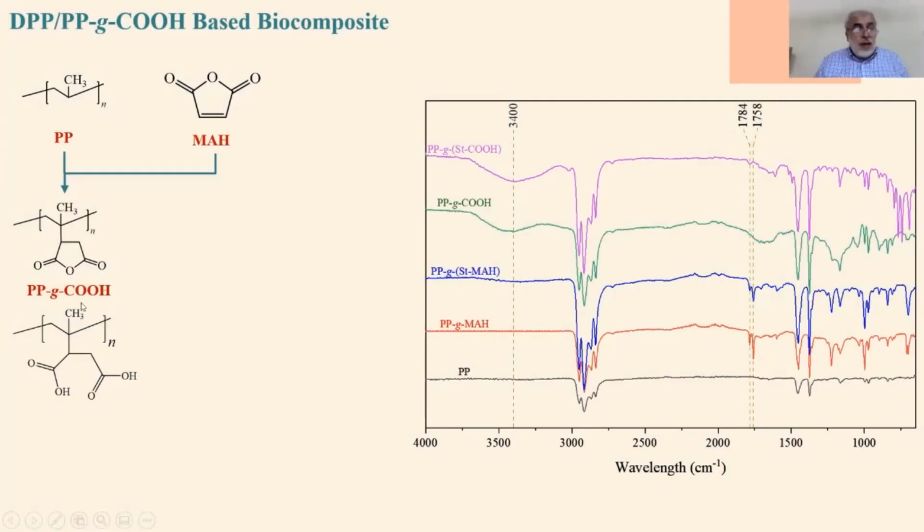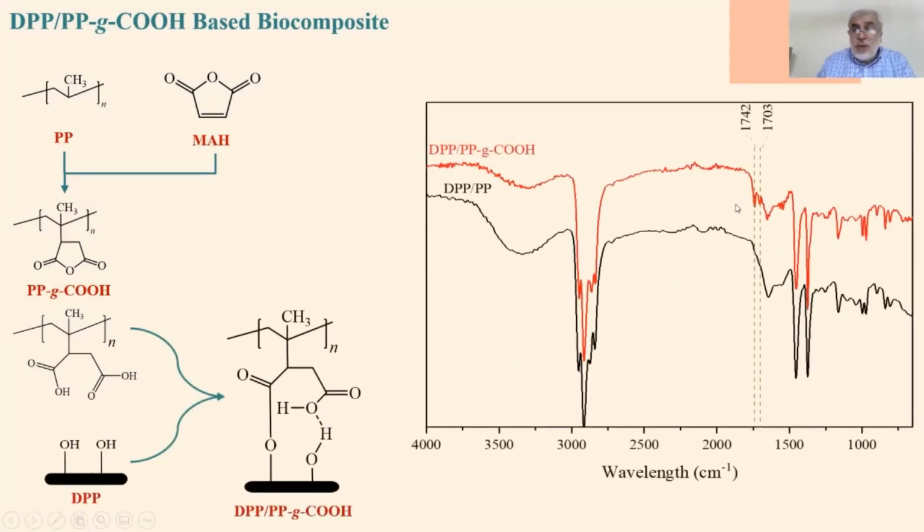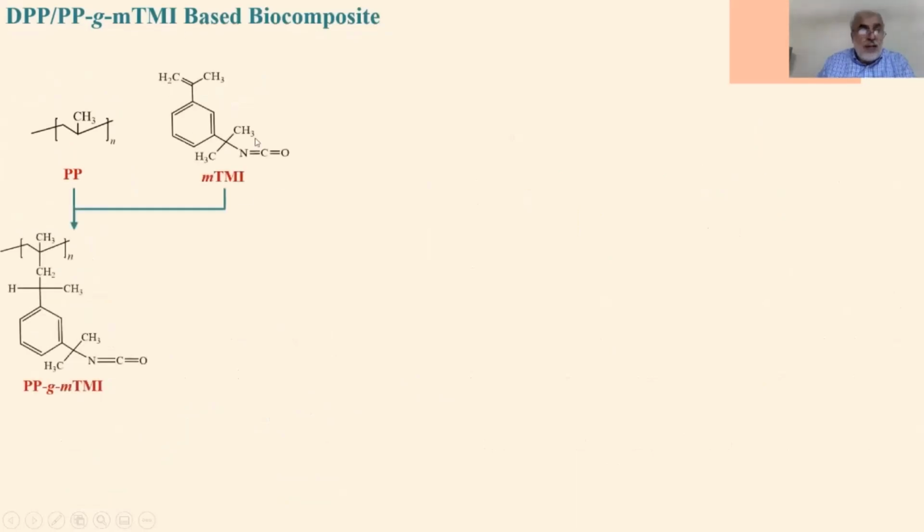This COOH group is highly reactive with the OH on the surface of the filler, as shown here, and also confirmed with the appearance of this peak in this wavelength range. We call this an ester bond. The other route or method is grafting PP using the mTMI coupling agent, which contains an NCO group that will be